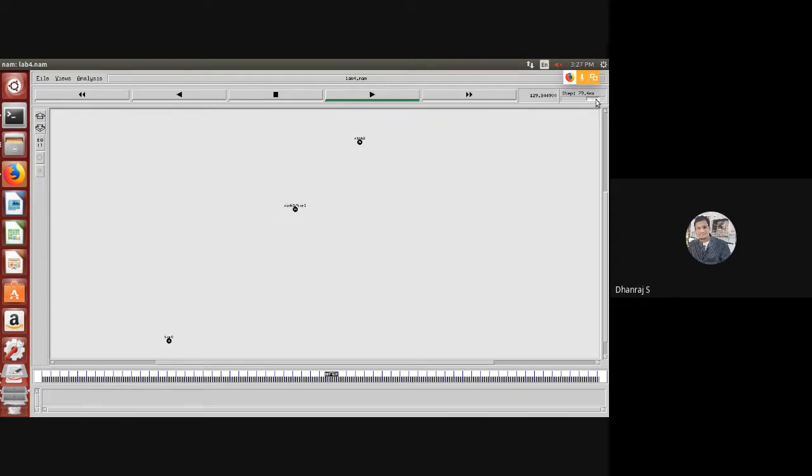In the first communication, N1 is acting as a destination. Now N1 will act as a source, and the last node will act as a destination. When it comes into the coverage area of the N2 node, the communication is going to happen between N1 and N2.